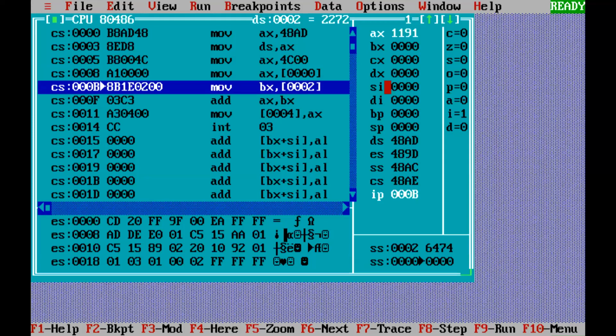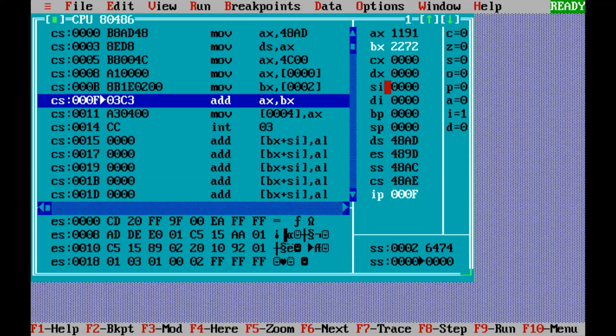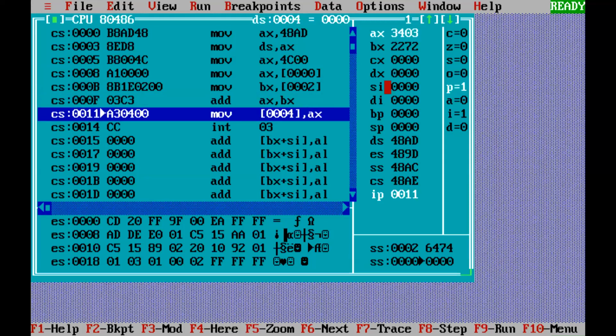And in BX, the second number will be saved. After the addition, the sum will be saved in the AX register, 3403.